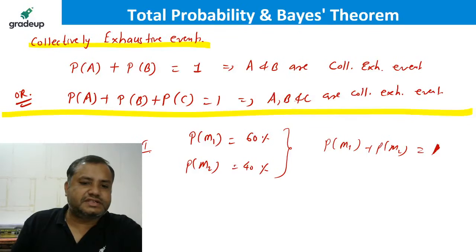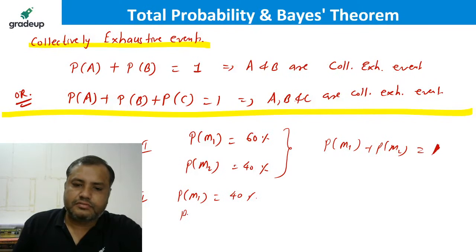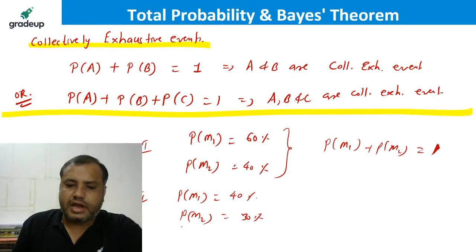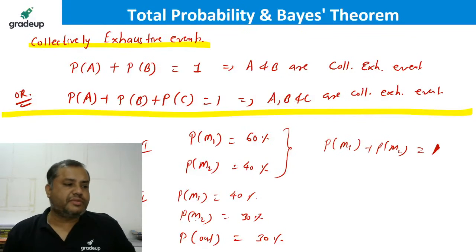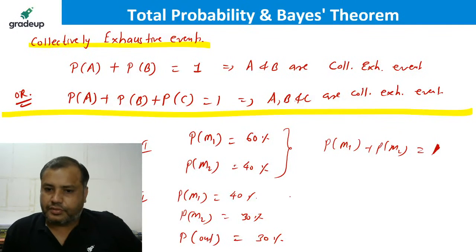Consider the second case in which your machine M1 is contributing 40%, machine M2 is contributing 30%, and the remaining work is outsourced. You also outsource the remaining work. Okay. Now,